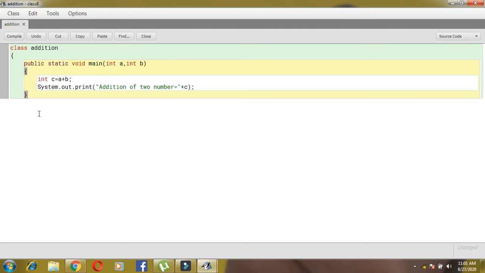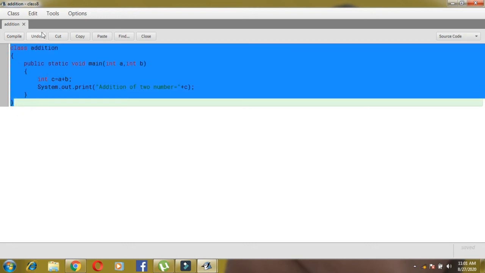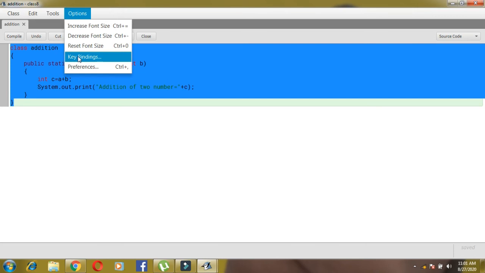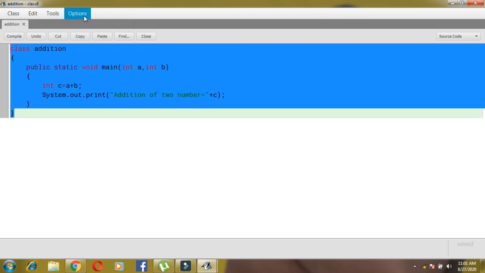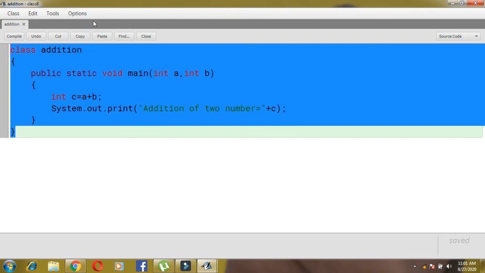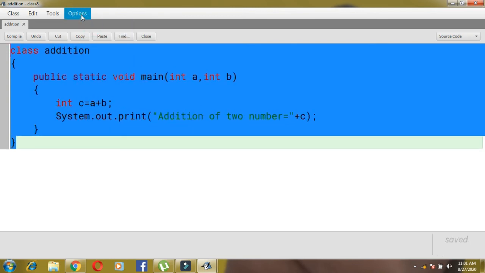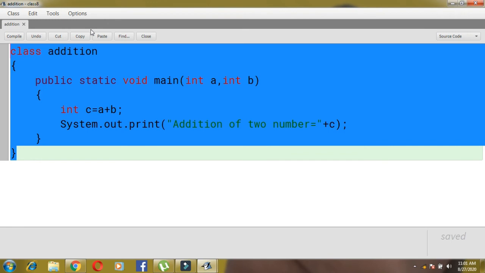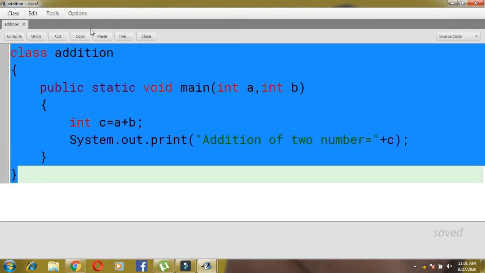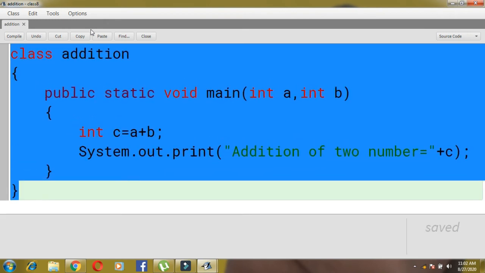Then we'll come down, we'll close the curly bracket. See, when I'm closing, the upper part is also highlighted. Press enter, again another curly bracket we need to close. So children, let me make this a little bit bigger so that it will be visible for you. Control plus equal to, you can press also from the keyboard. Okay.